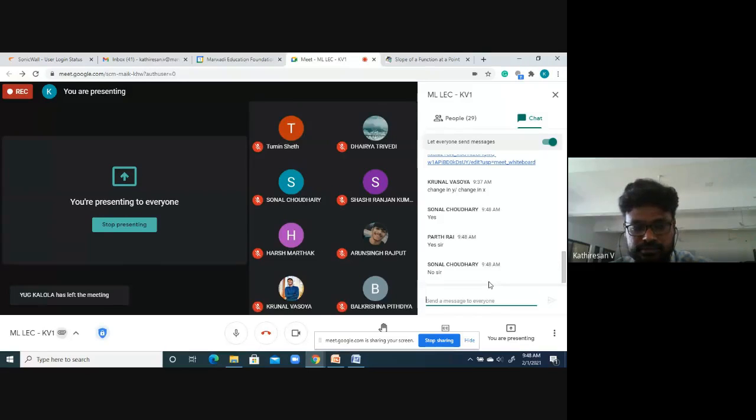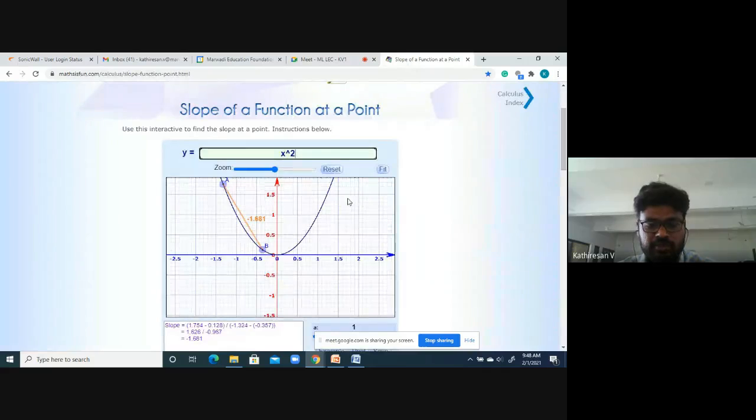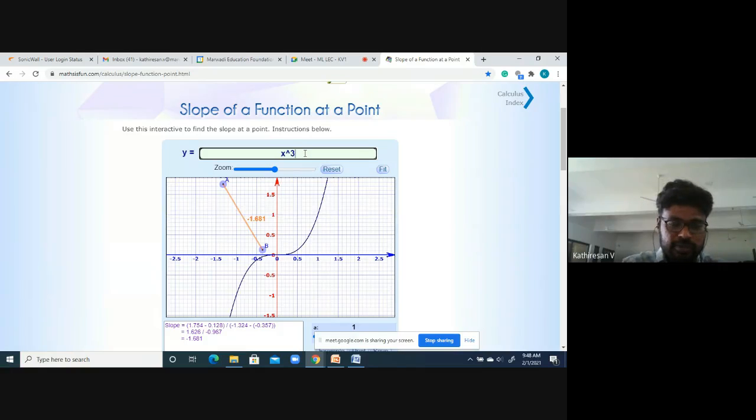So just listen. These are all the important things. If your function is y equal to x square, your curve is parabolic. If your function is x cube, the curve is a little bit different. Now we are dealing with the parabolic curve only, because the relationship between MSE and slope, and between MSE and the intercept, both are in terms of a parabolic curve, that we have discussed already.